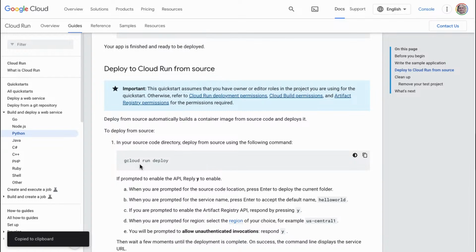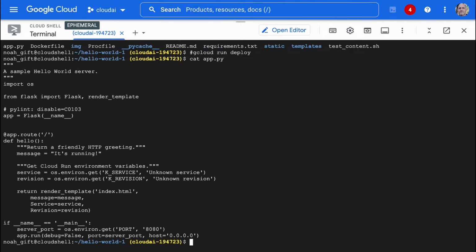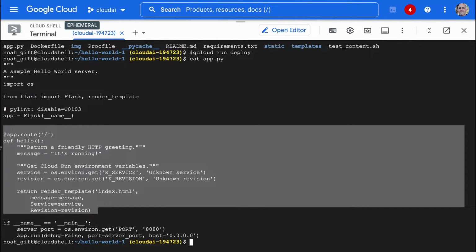That gcloud run deploy. So if we go back here, if I just do that command, and again, it's not a lot of code, and notice this does highlight what I talked about earlier, which is that functions, right? What is this? A function, right? So we're just deploying a function into production.